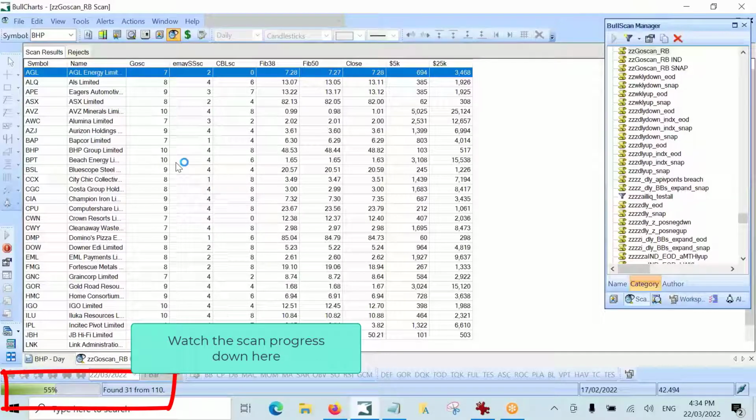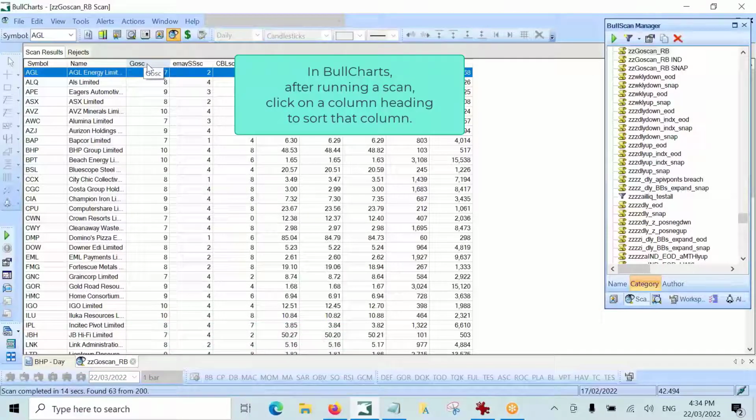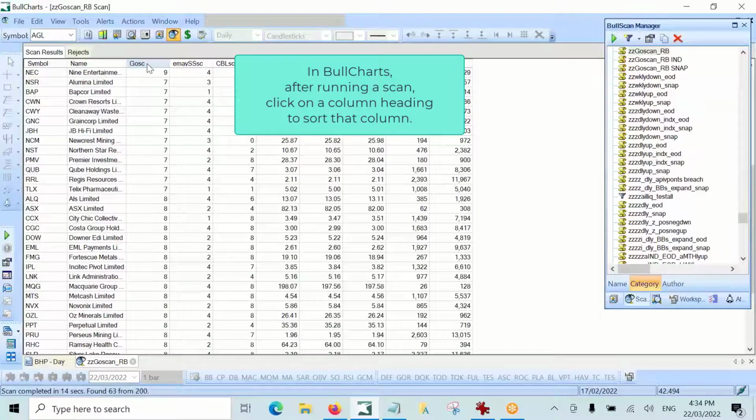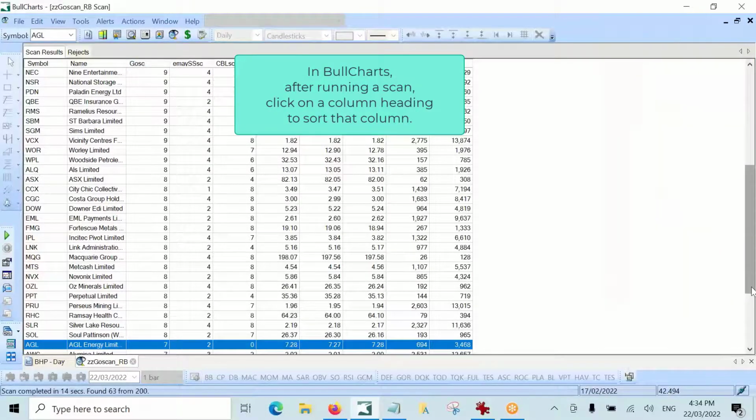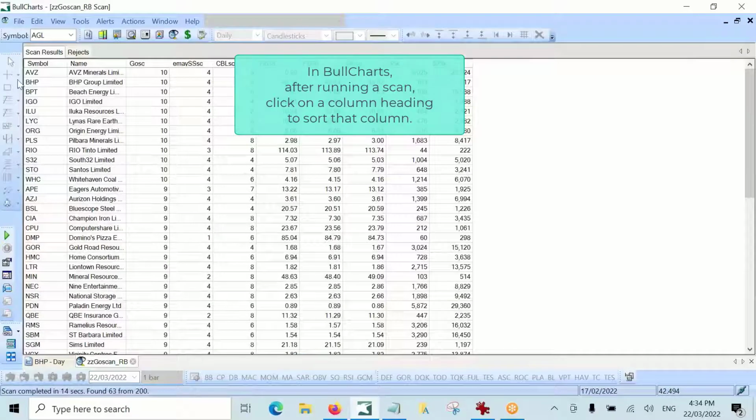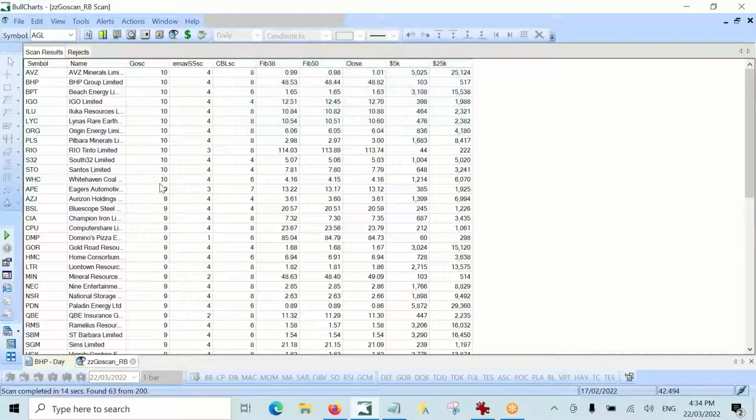Then when I've got the scan results here, I sort this column here, GoScore. So I'll get that out of the way now. So I get the best candidates here. I'll start working my way through these. I'll just look at 5 or 6, then pause for questions or take some of your favorite shares that you'd like to have a look at using the scan process. So just click on this